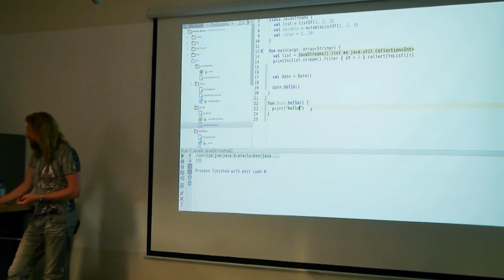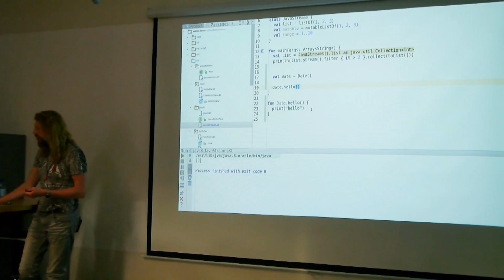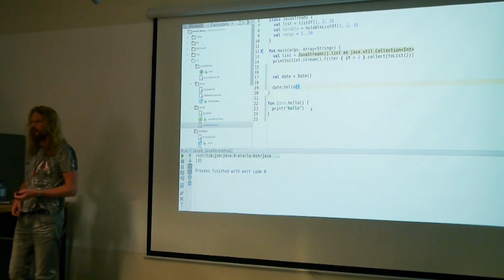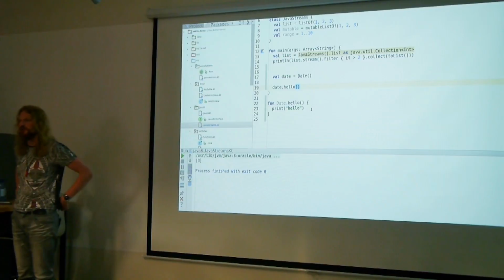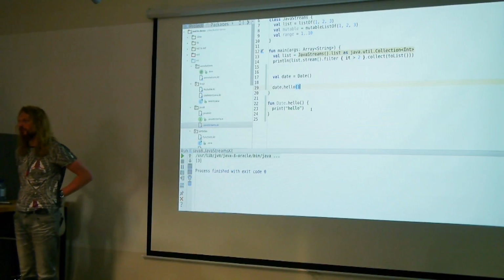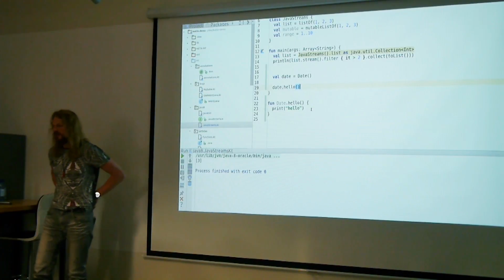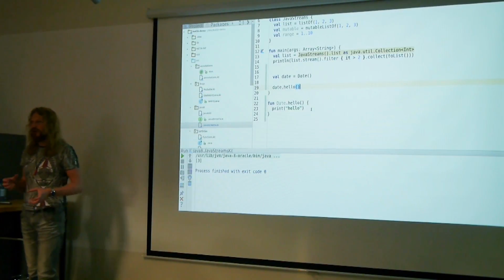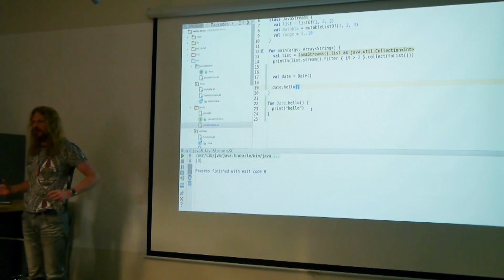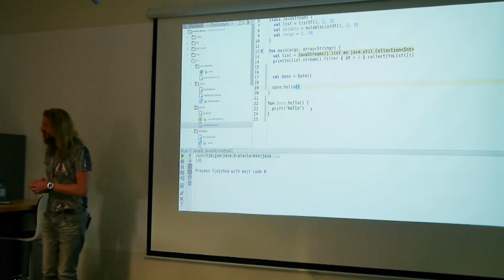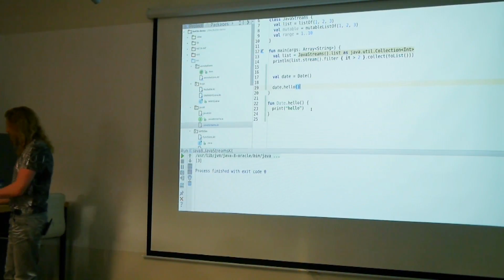But they are actually a perfect way to replace all these utility classes which are so common in Java. So you don't need any utility classes for collections or arrays. You can attach any new functions to the same object or the class.